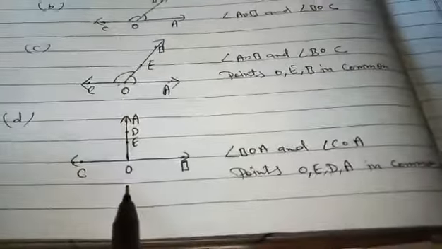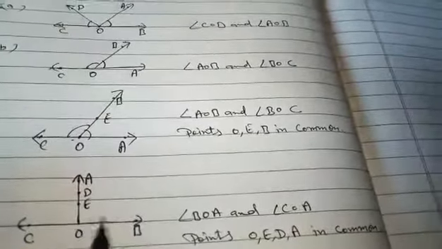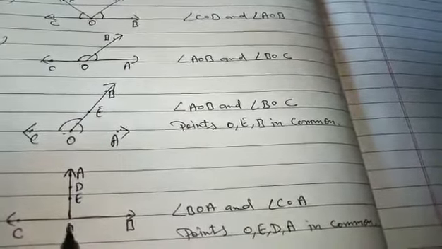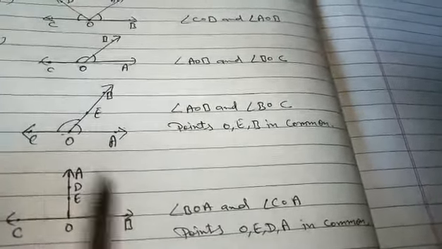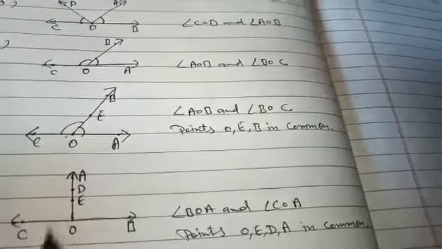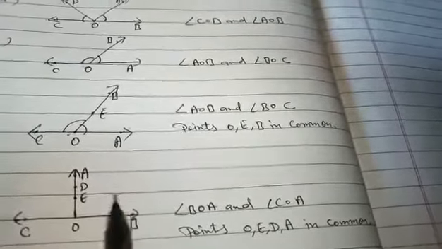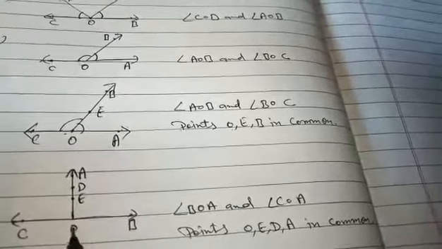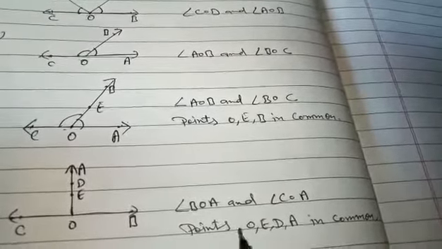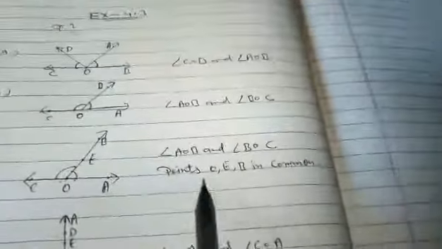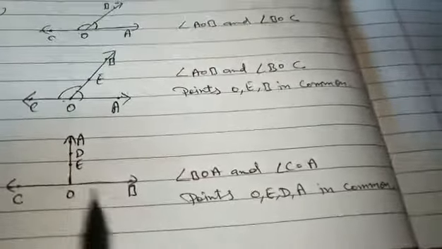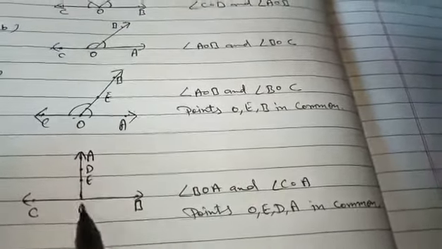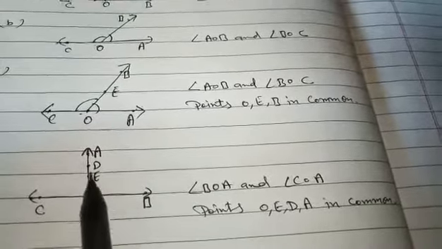You make two angles, in which angle AOB or BOA and COA. In these two angles you can see that 3 points are common. Clear? Next, the common points. You see in this figure, 3 points are common. But angle D, you see OEDA. How many points? 1, 2, 3, 4.